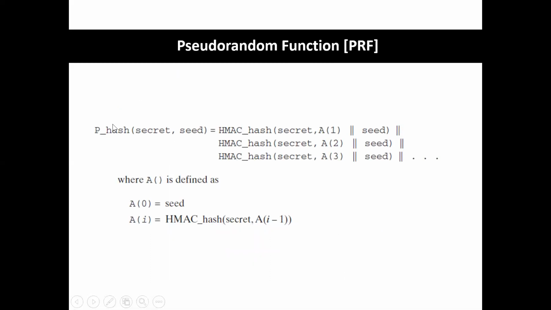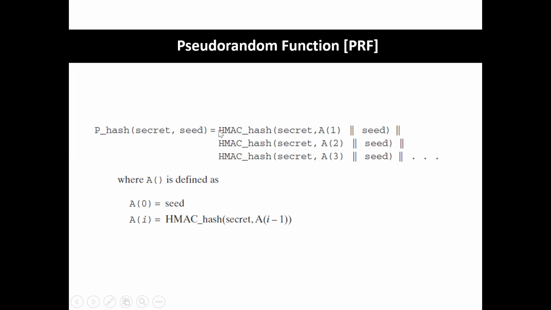Now, with the pseudo random function, we are going to generate the hash value. How are we going to generate the hash value? You pass the input secret, that is the small shared secret value, and the initial value, which we can call the seed. These are the two inputs we are going to pass to the hash function.